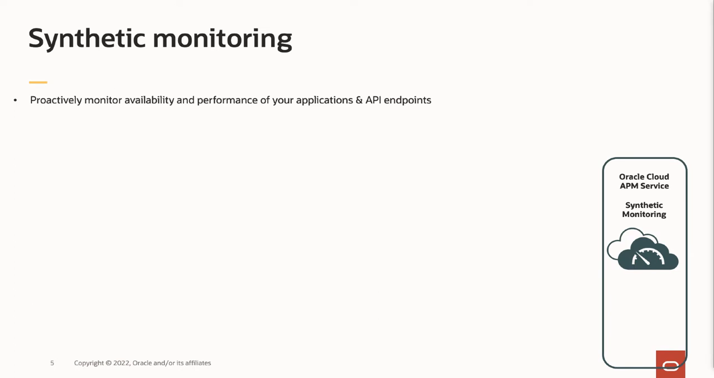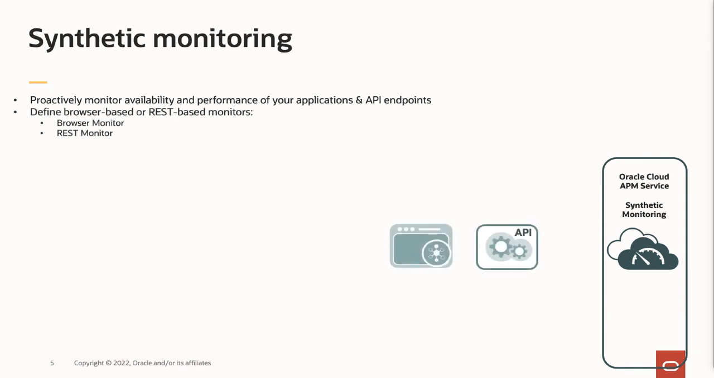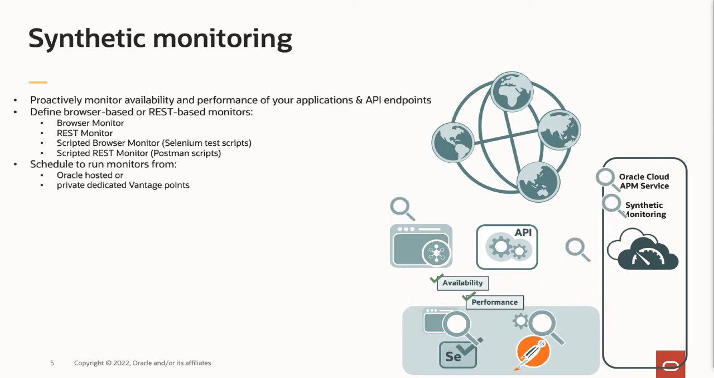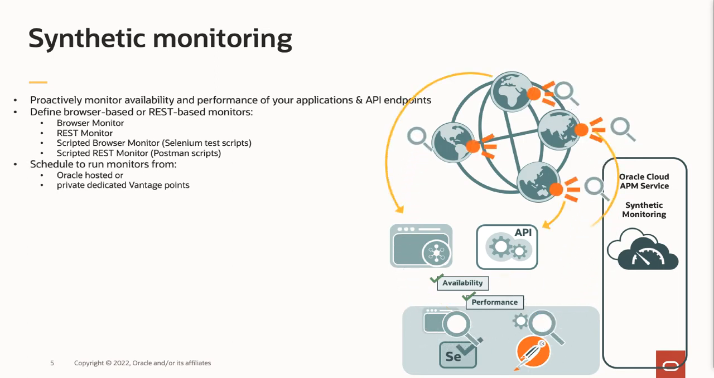You can use APM synthetic monitoring to proactively monitor the availability status and performance of your web applications and API endpoints. It provides a workflow that enables you to define monitors, either browser or REST API based, or scripted monitors to perform tests against your applications. These monitors are Oracle Cloud resources that can be scheduled to run from one or more geographical locations around the world. These locations are called Vantage Points, which are available publicly in Oracle Cloud data centers where APM service is available. You can also create your own Vantage Point in your OCI tenancy to ensure the secure execution of your